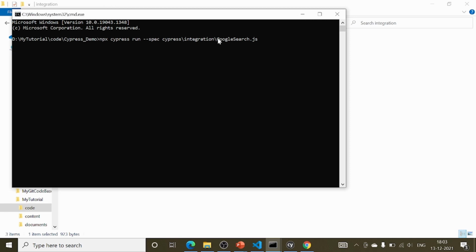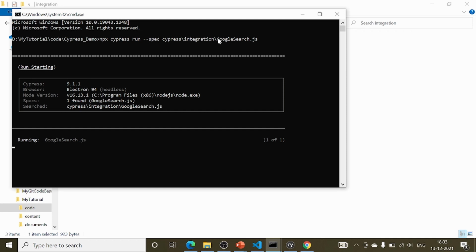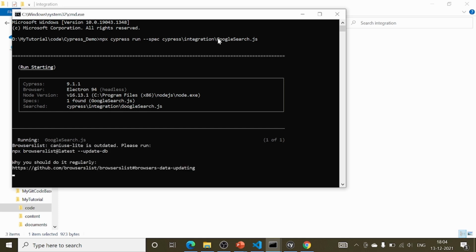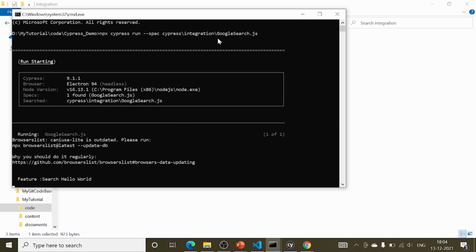Now this will start the execution from the command line, and you'll also be able to see the logs in the command prompt itself. Here, as it is mentioned, the execution is starting. Cypress gives very good logs as well as inbuilt reports.